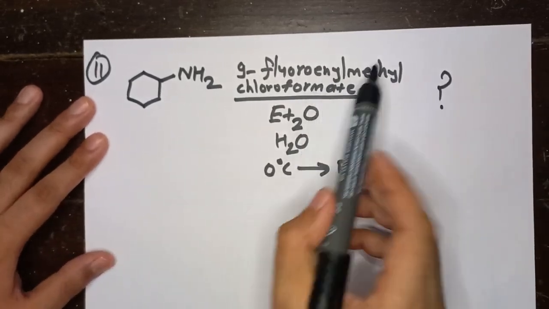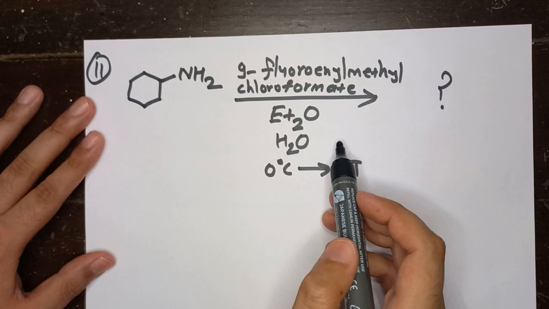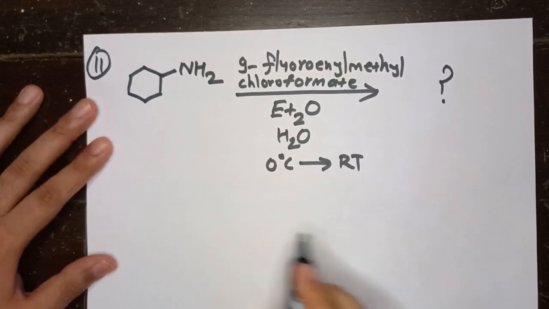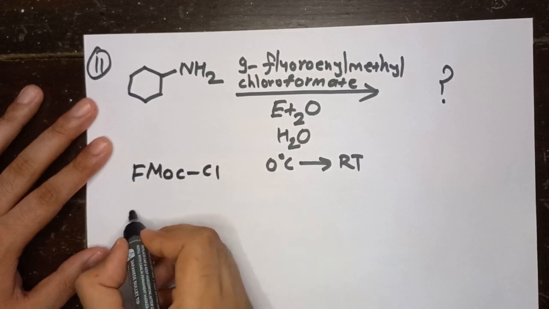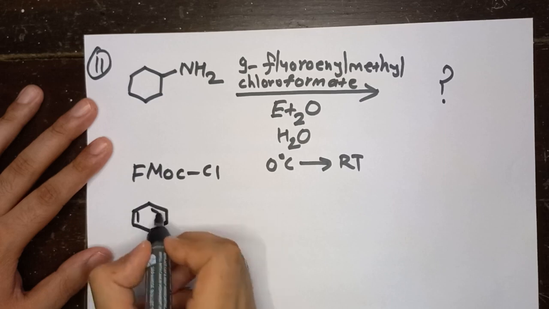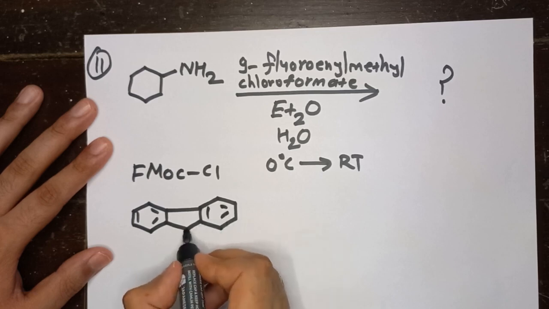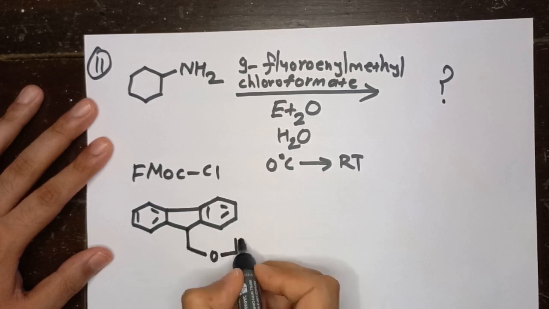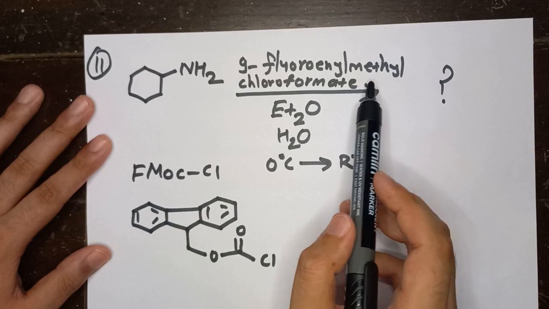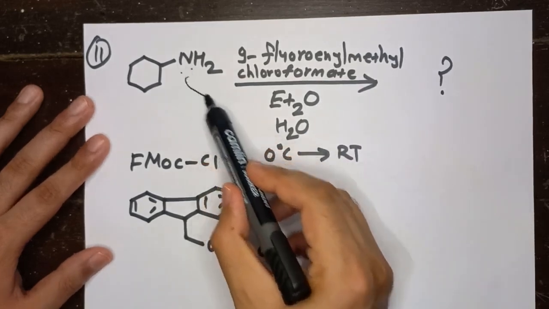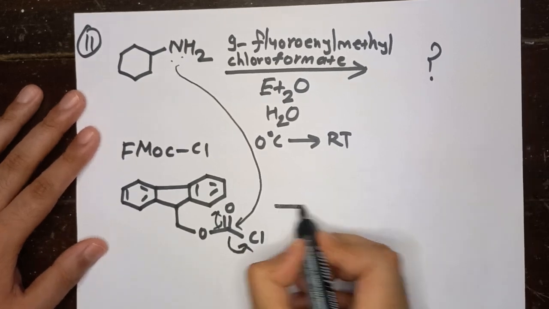So this is again a protection where you need to know the structure of this whole group. This is nothing but an Fmoc chloride group. Okay, what is Fmoc chloride? So the Fmoc chloride is this, what we call Fmoc chloride, or in other words 9-fluorenyl methyl chloroformate. So this nitrogen lone pair will attack at this carbonyl through conjugation. Cl is going to leave and you have generated